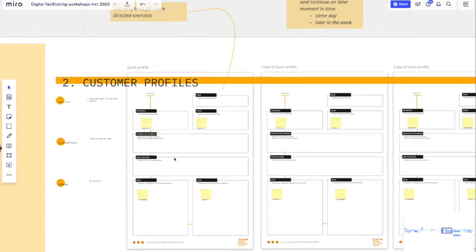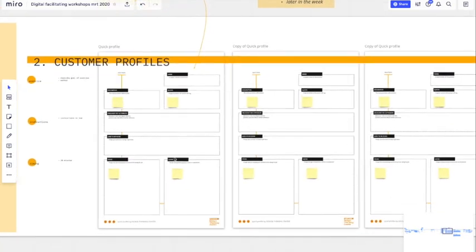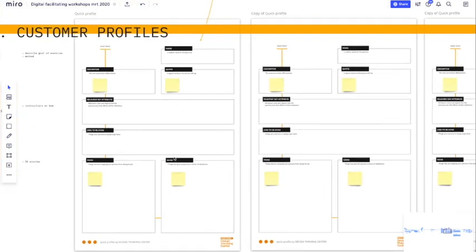Then another assignment could be a customer profile. What you see here is an example of a template which we used to have as a poster in a physical workshop, which we have now digitized and that people can still fill in with post-its. We lock the template so that nobody can move or change the template, but only the post-its are open to fill in, and people can fill in the post-its as they wish, in a color that they